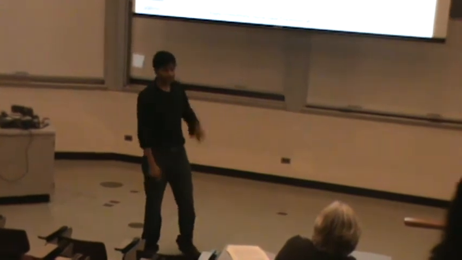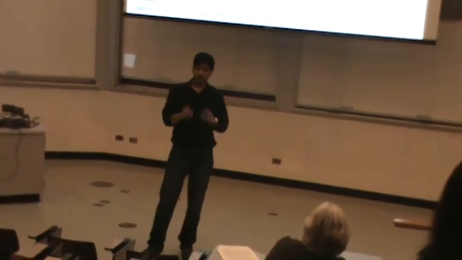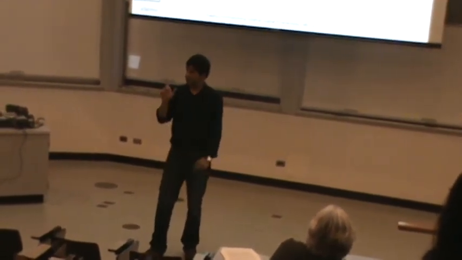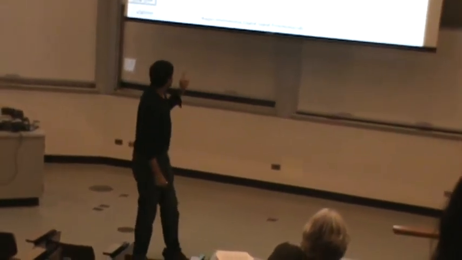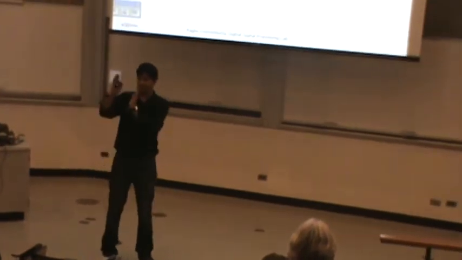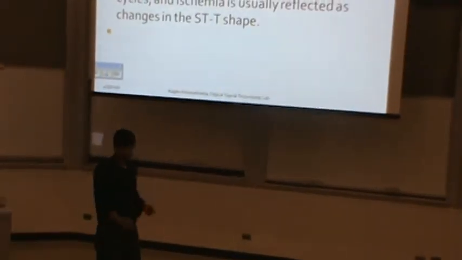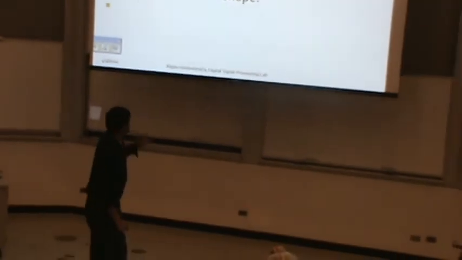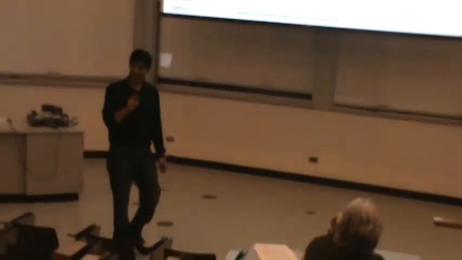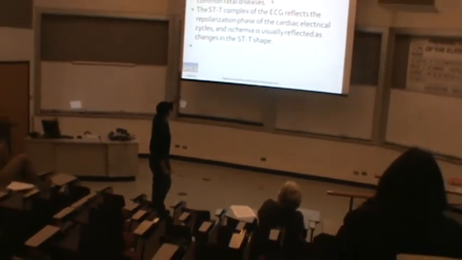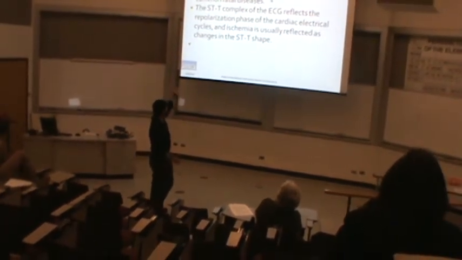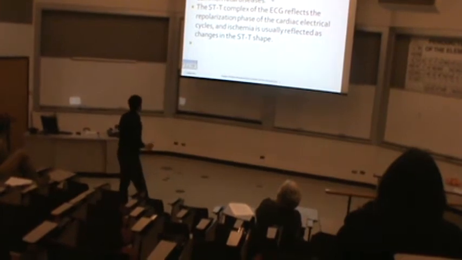Now, this will detect the onset of a heart attack. Just before a person gets a heart attack, what happens in your ECG is something called ST elevation. Like I showed you previously, there is an ST segment in the ECG. Now there is an elevation in that ST segment, and what this device does is detect that elevation. The ST segment, by the way, is called the repolarization phase of the cardiac electric cycle.